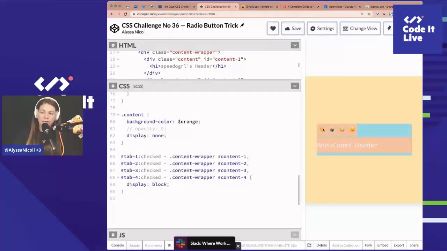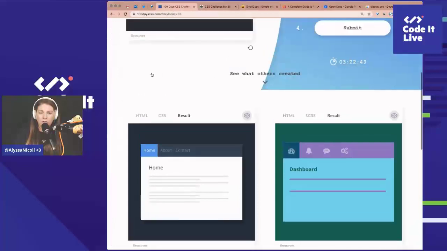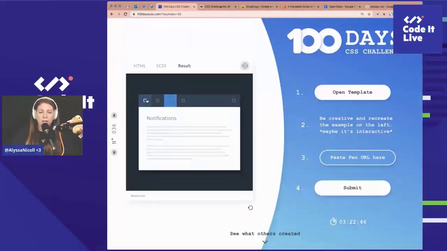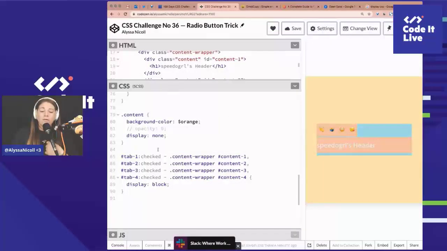The problem with this is, if you'll notice on the one that we're imitating, it fades in and it moves up a little bit, which I don't know how well that's coming through on the stream. But if you go here and look, it is very subtle, but it is very nice. And by saying display none, it's going to be, I would say, impossible or really painful to animate it in, because we'd essentially have to make it visible first, but have it maybe way off the page or something. Anywho, so what I think we should do